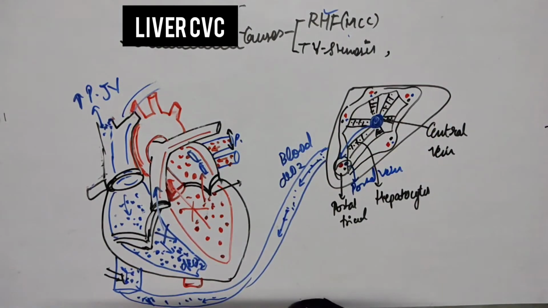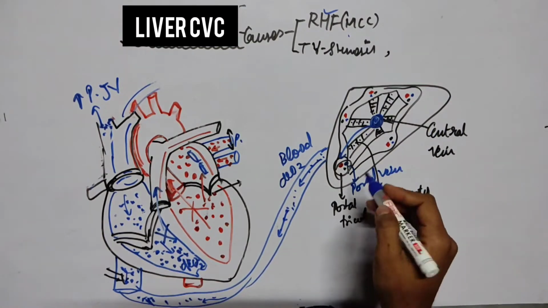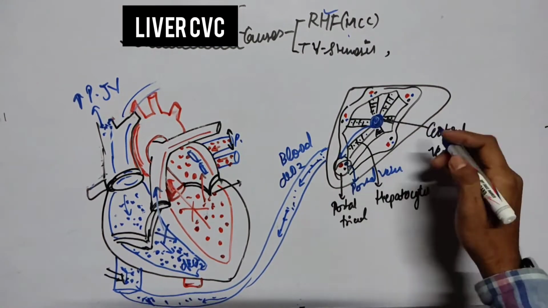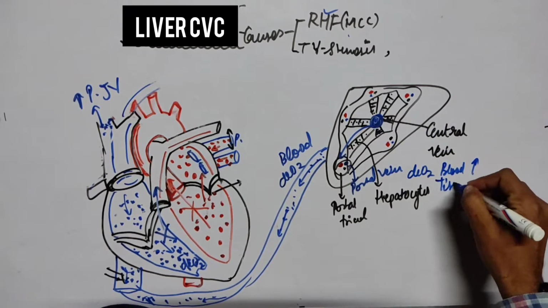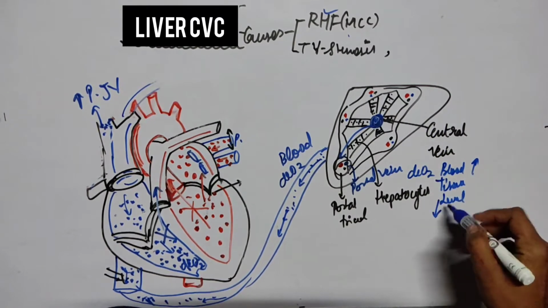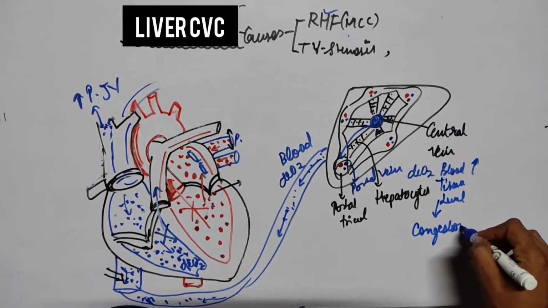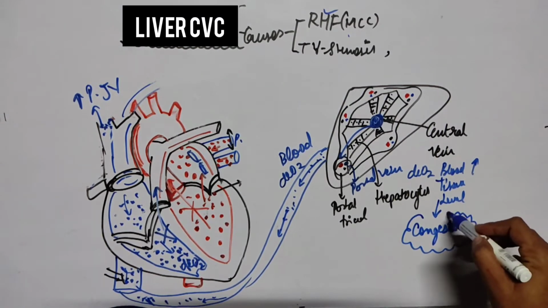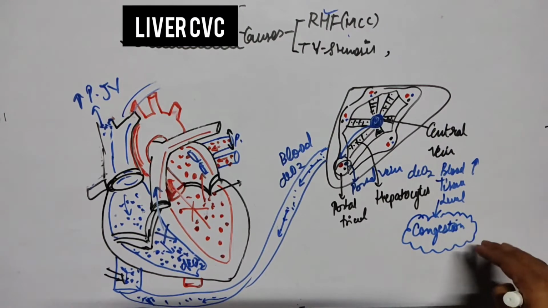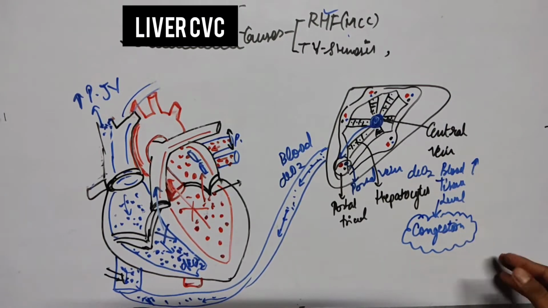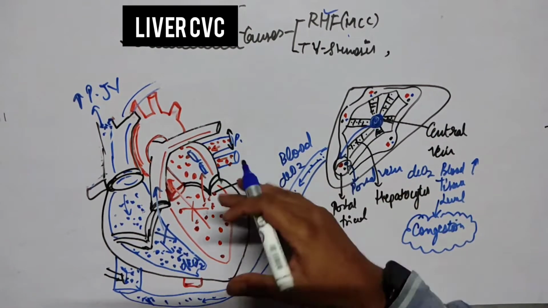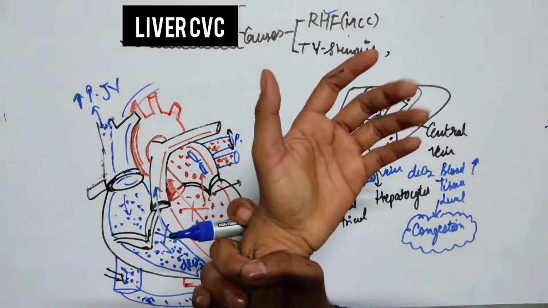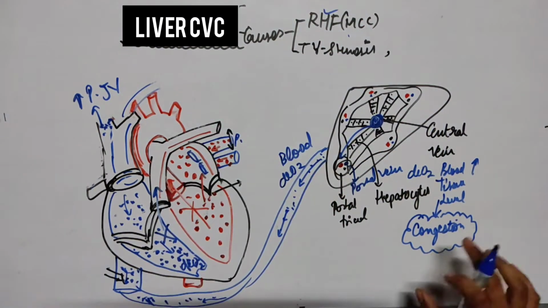So there will be an increase of deoxygenated blood at the tissue level, right? This is what we call congestion. I have already made a video about congestion and hyperemia. Congestion is the increase of blood at the tissue level, and that too deoxygenated blood, because of right sided heart failure. It can be left sided heart failure also, and because of occlusion of the hepatic vein, like that. So this is what congestion is.